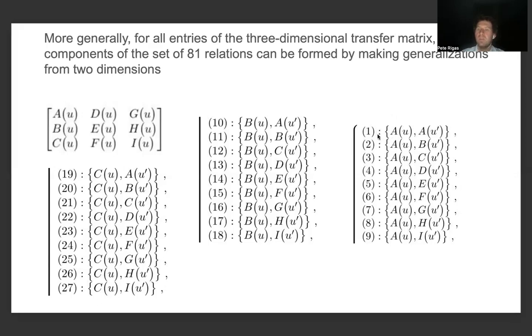It appears as the first relation from the first Poisson bracket right out of the bat from the 81 relations that we have with the Poisson bracket, as well as the other remaining entries with the A of U entry as the first argument in the Poisson bracket held fixed, as well as the fact that we're cycling through B, C, D, E, F, G, H, I from the U prime three-dimensional transfer matrix for the remaining other entry in the Poisson bracket. So this makes it pretty clear that the viewer can convince himself that